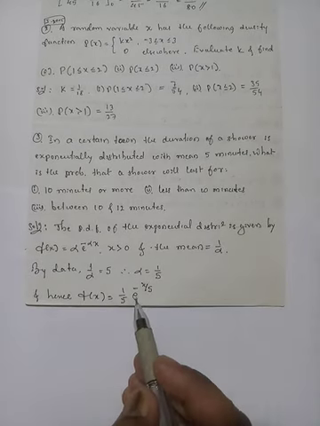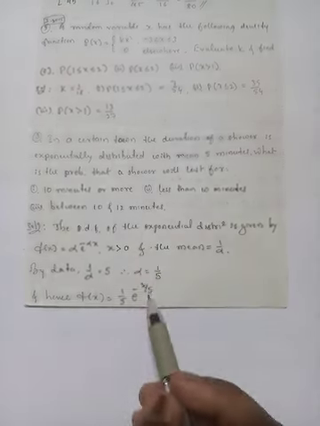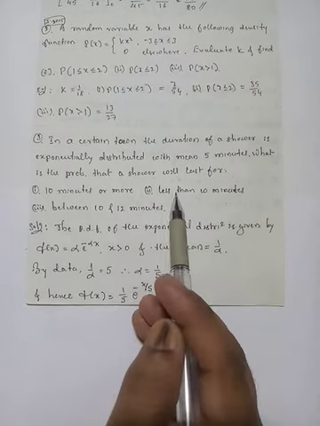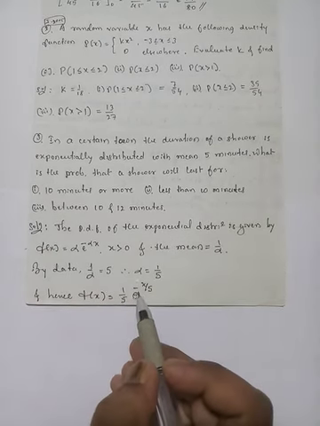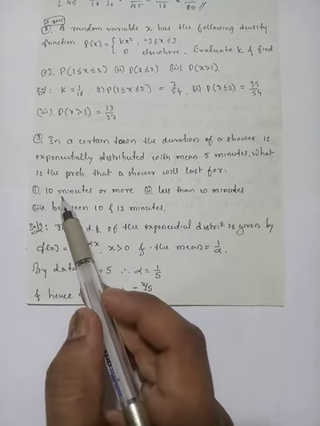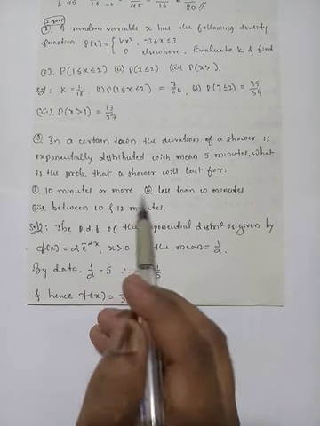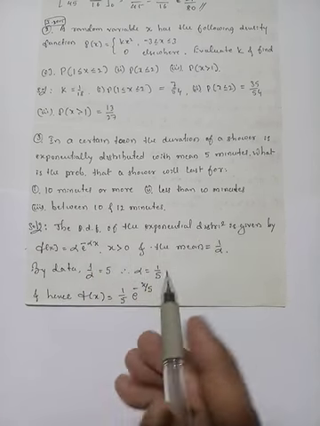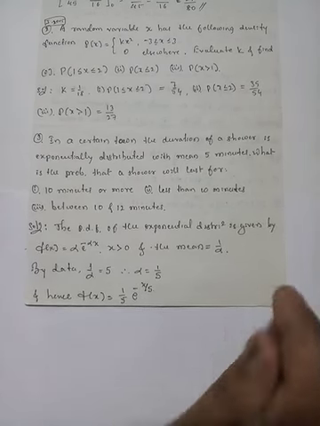Now we have it in terms of x, so x is what we are considering according to the question. We have to define x. What is x? X is the number of minutes, because the question is asked on the minutes, like 10 minutes or more, less than 10 minutes. So here x becomes number of minutes. Now we take the questions one by one. First one is,